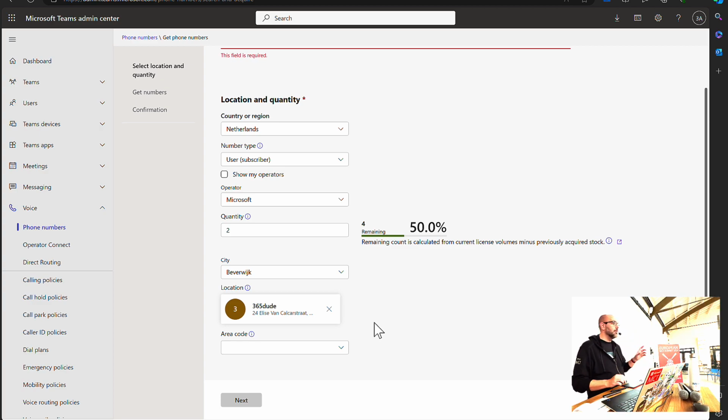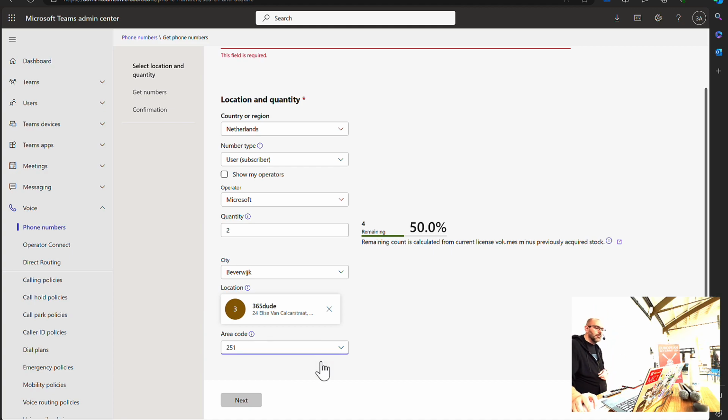They don't use it in this region. I do believe they use it in the US. If it's really useful, I don't know, because it's Teams. You can log in your Teams client from anywhere. Your phone call is not necessarily coming from that location that you specified here. And of course, you can do some smart stuff with that as well, with some dynamic lookup based on IP address and stuff like that. But you need to provide this location, otherwise you can't request those numbers.